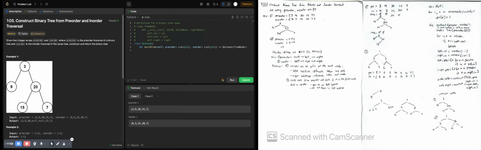So how do we tell that? Well, I guess we can tell from the pre-order. So let's see if we build the 9 first, then we create 3 there. Now the pre-order has 3 and then 9 on the left. So